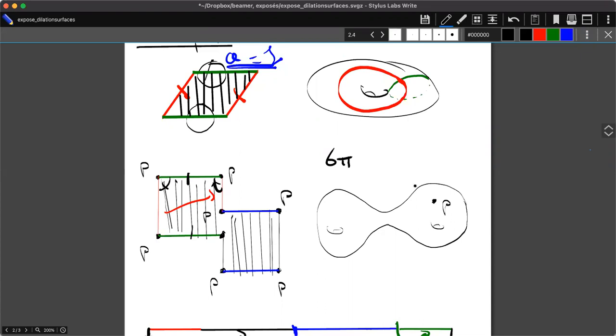And you can wonder how it looks on the surface. Here you can see that the point P on the surface is a singular point, meaning that the foliation is not by straight lines around this point, but it is a saddle. I don't remember the name in English, but that kind of singularity appears all the time. So basically, a dilation surface comes naturally with a foliation, which is defined by the polygons that you considered.